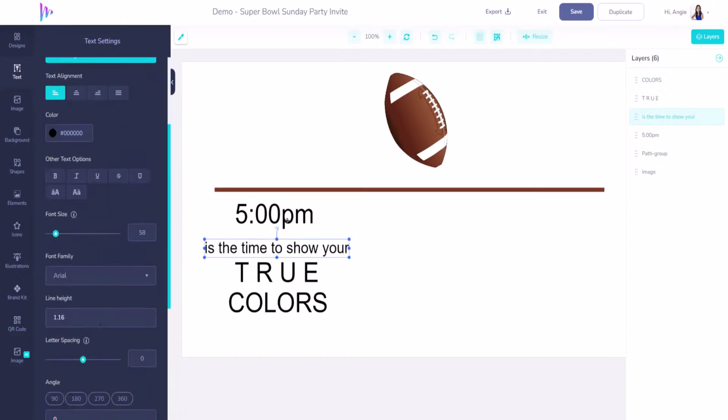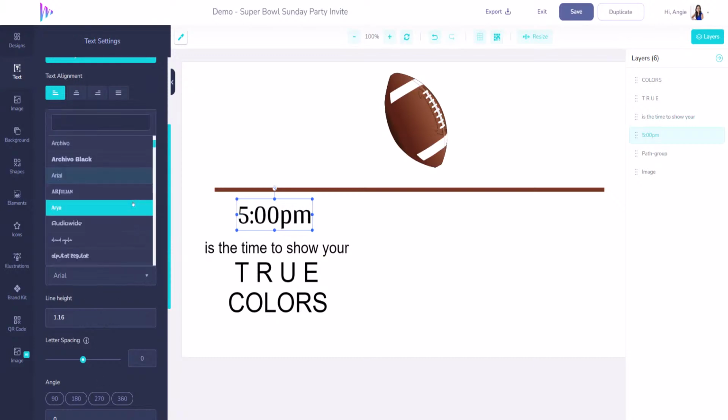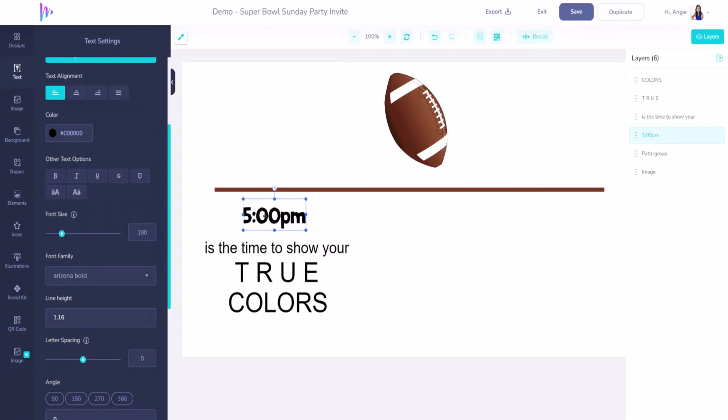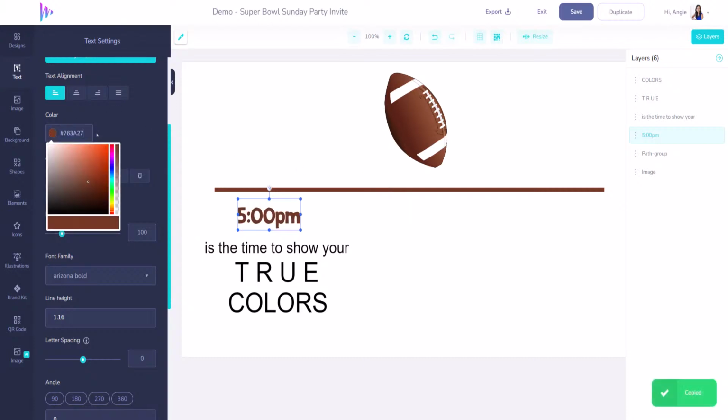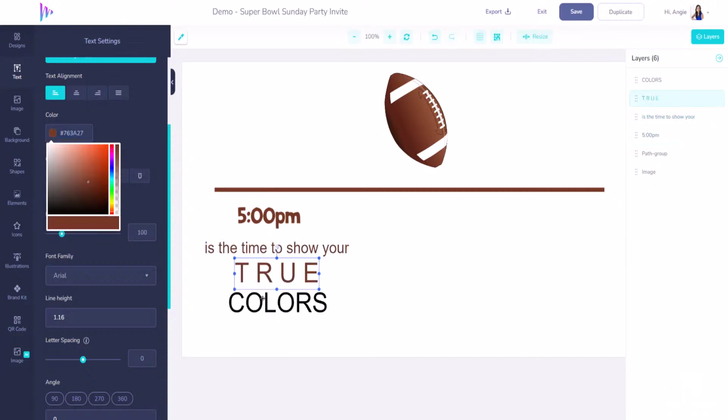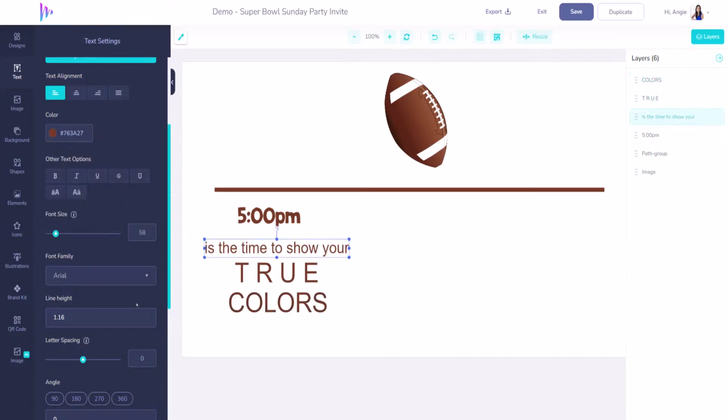And let's see what font. This font, I wonder if there's like a sporty font in here. Let's see, we'll look. It's kind of fun like that. Let's go ahead and do that. Okay, and I'm also gonna make this brown. Like that. Perfect. I'm gonna make all these brown because I want them all to match. And we're gonna do green and brown. And like I said, this is just a simple one, but I just wanted to show you how easy it is to make